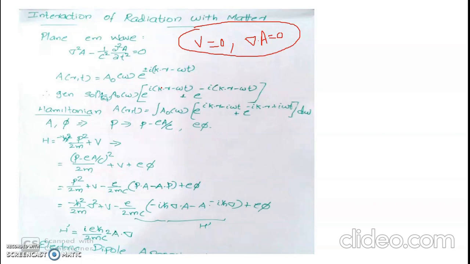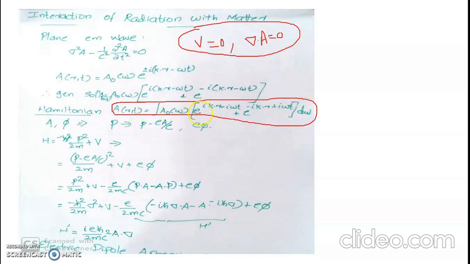Instead, this will always have a spread of frequency around omega, so that the practical case of an electromagnetic beam of radiation can be taken as A of r comma t equal to the integral of A0 of omega, open bracket, e raised to i k dot r minus i omega t, plus e raised to minus i k dot r plus i omega t, close bracket, d omega. So this will be the most suitable representation of electromagnetic radiation in the practical scenario,